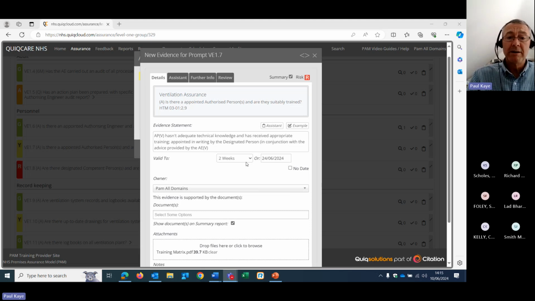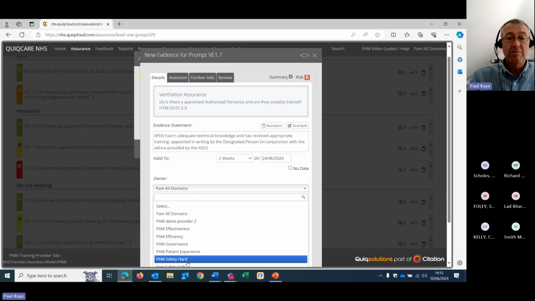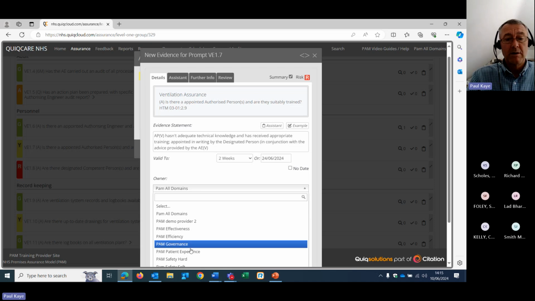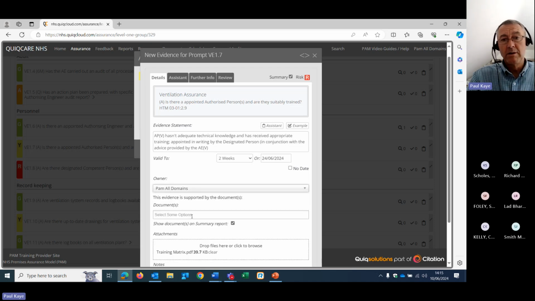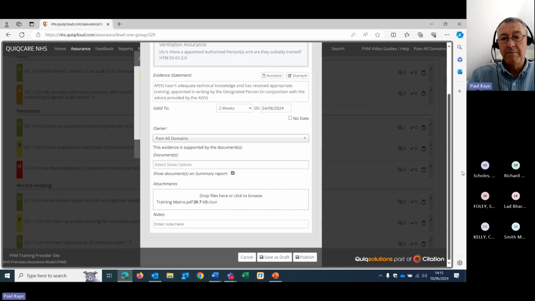Once I set my reminder, I can assign ownership, so I can own it myself, or I can make somebody else the owner. Whoever owns it will be reminded by email on this date, so you can forget about things. If you've pushed something into the long grass for a year's time, then out of the blue in a year's time, you get an email saying, please look at this. If it's urgent, set a nearer term reminder.